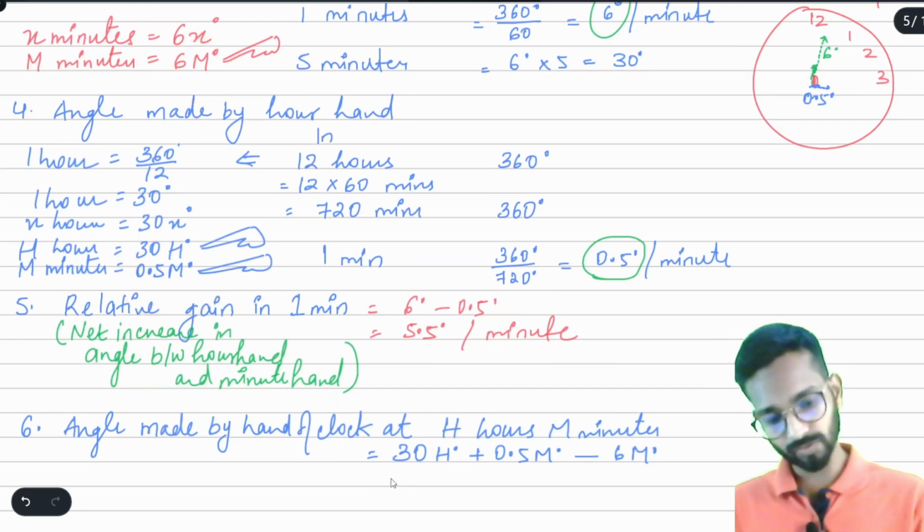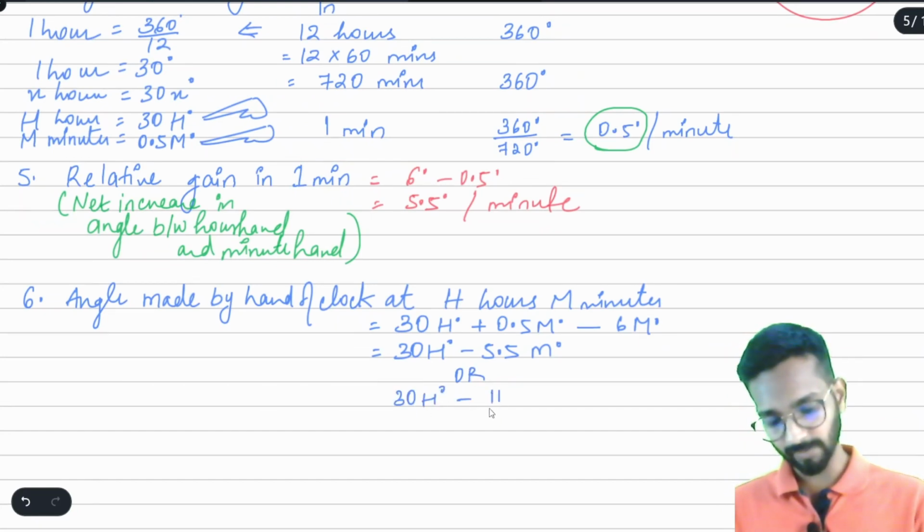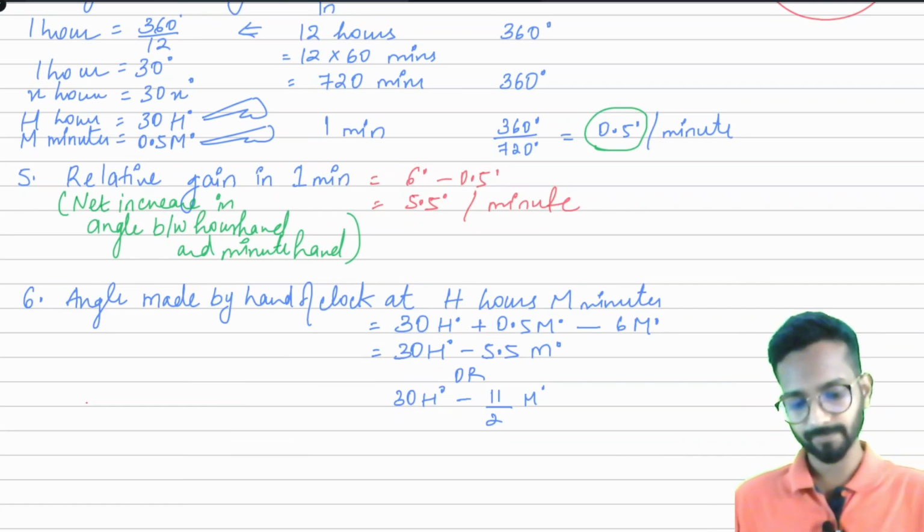Okay, you can also write it as 30h degrees minus 5.5m degrees, or 30h degrees minus 5.5, which is nothing but 11 by 2 of m degrees. We can use any of this. Okay. After this, we will learn